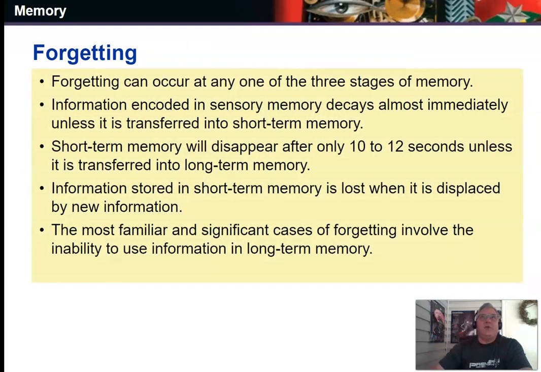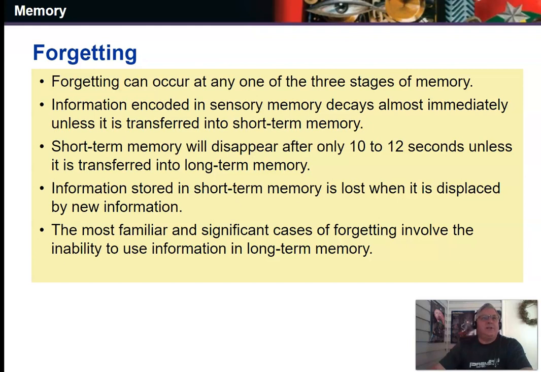Forgetting can occur at any one of these 3 stages of memory. Information encoded in sensory memory decays almost immediately unless it is transferred into short-term memory. Short-term memory will disappear after 10 or 12 seconds unless it is transferred to long-term memory. Information stored in short-term memory is lost when it is displaced by new information. That's why when you're getting a whole list of names, it's hard to remember, because oftentimes